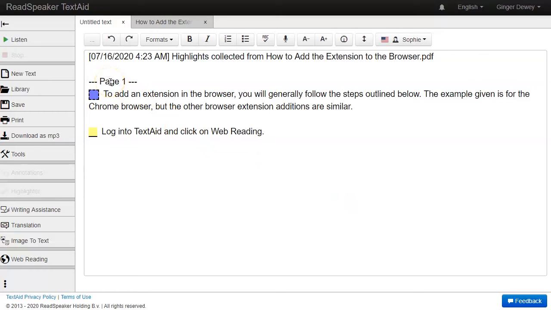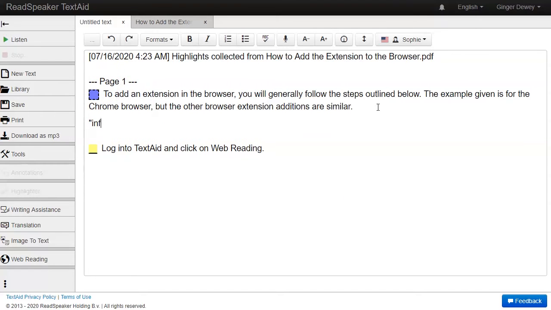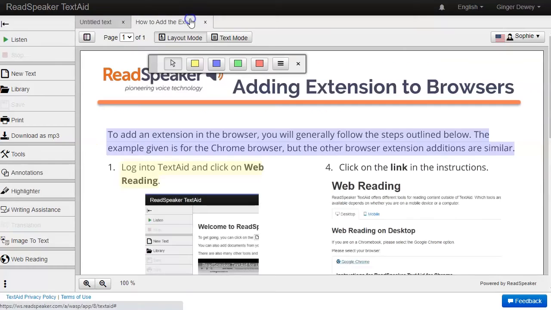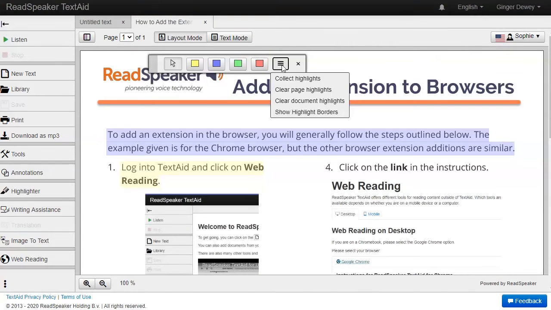A new text document will be created with the highlights and borders if selected, which include the page number as well as the color and border. You may add information to this page. We suggest that you either put quotes around the highlighted material, or use italics to separate the quoted material from your notes. The next two choices are in regards to how to clear the highlights from your document.